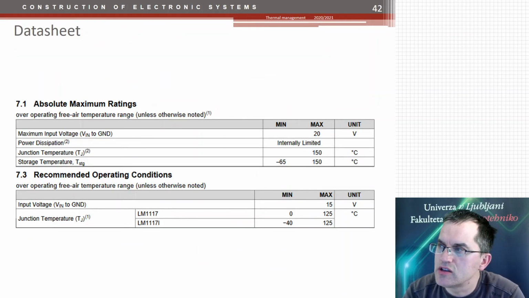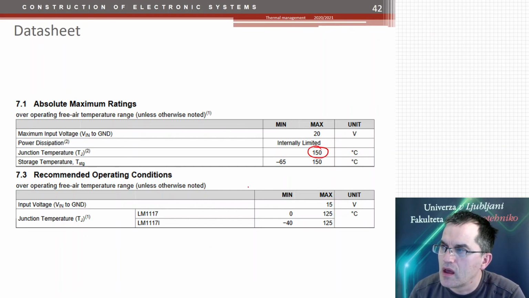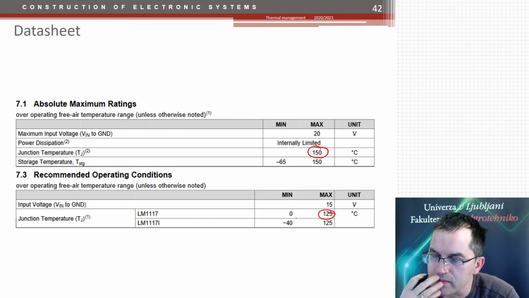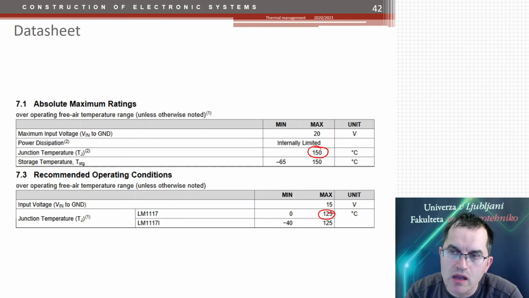Now, the datasheet will tell you the absolute maximum ratings, these here. Of course, this junction temperature should never be reached. The recommended operating conditions go up to this value here. So this would be the maximum temperature. You should not step over it for a longer time, I would say. You should keep under it in any circumstances. So this would be the maximum junction temperature you take, and probably you should go even lower if you want